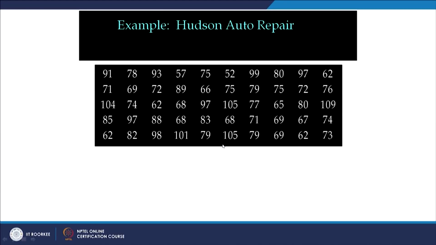So, these are different costs. For, let us say, one automobile, this was the total cost. For the 50th, this was the cost. So, he had lots of invoices and he chose only 50 out of those lots of invoices. So, let us look at